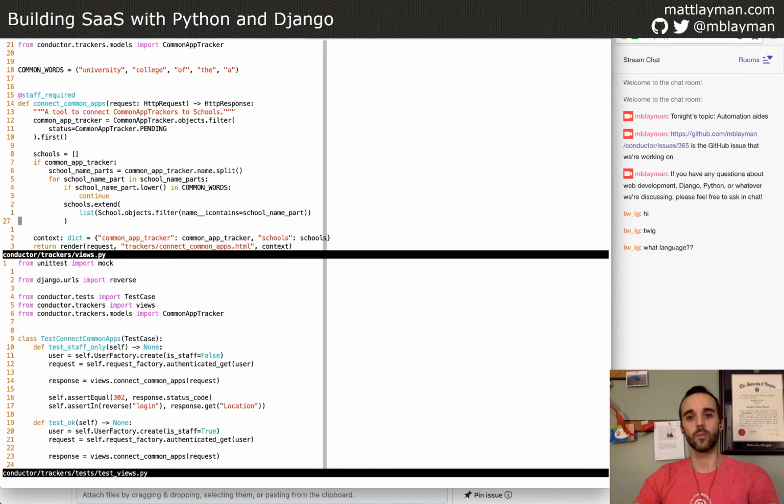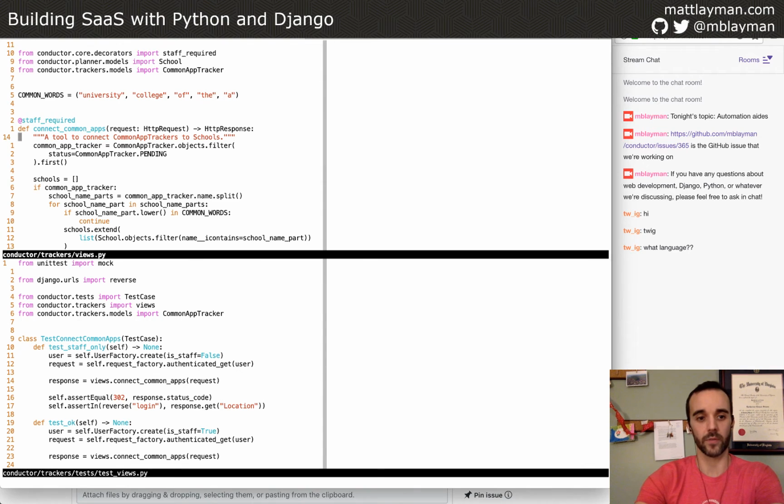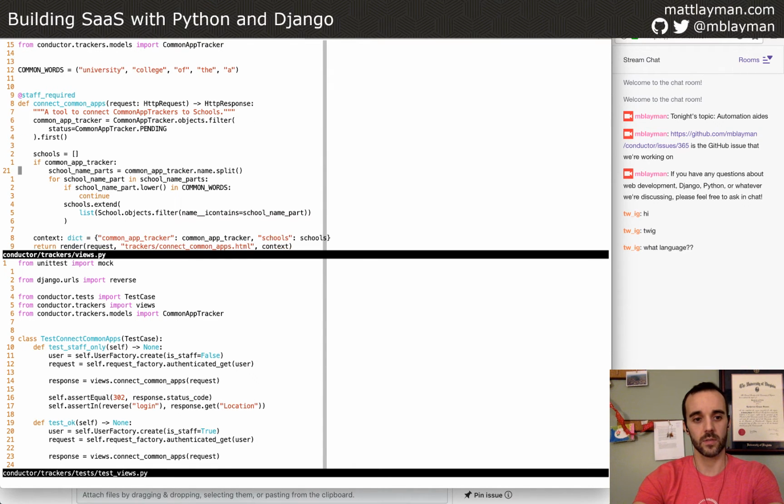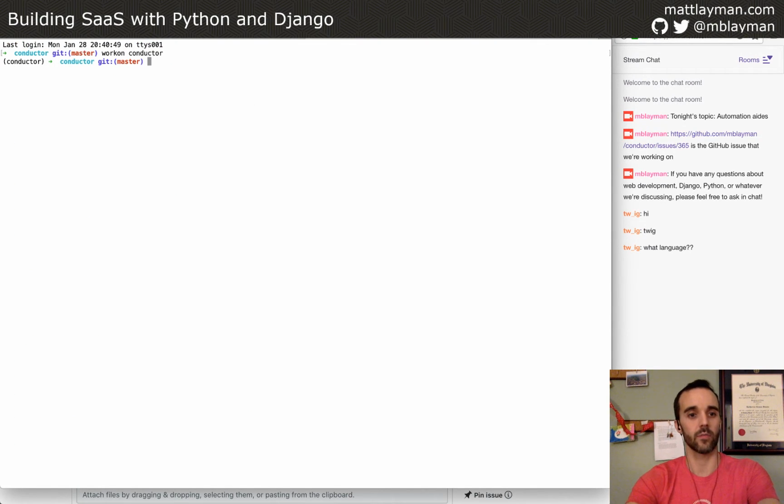So the one half of this, if you know your HTTP verbs, is a GET request. That's when the page is displayed in the tooling. The other half of this, of sending the data back, is a POST request. Right now, we handle GET requests by default. That's what Django is doing. So all this stuff is doing is pulling data from the database, sticking it into a dictionary of information, and then rendering that template out to the admin tooling. Let's take a look at what's there right now so that we can get an idea.